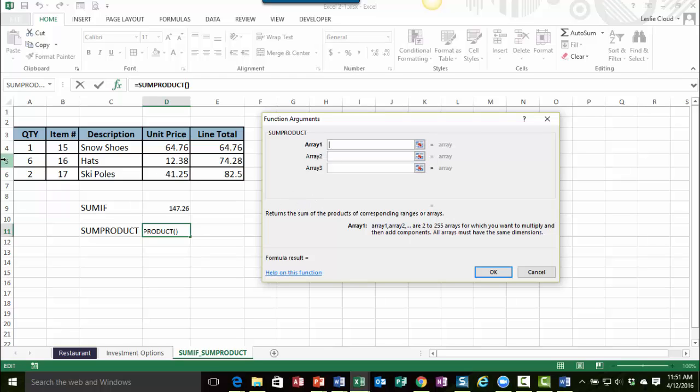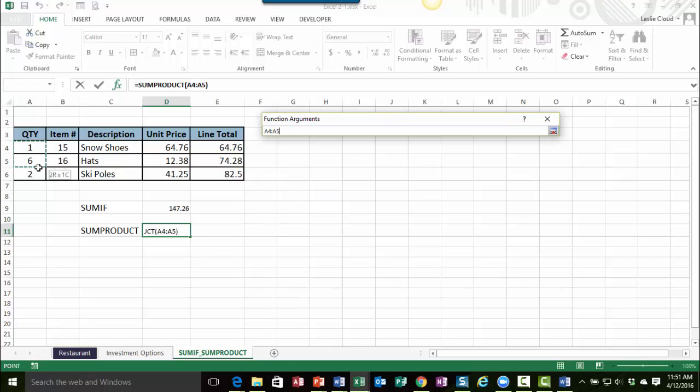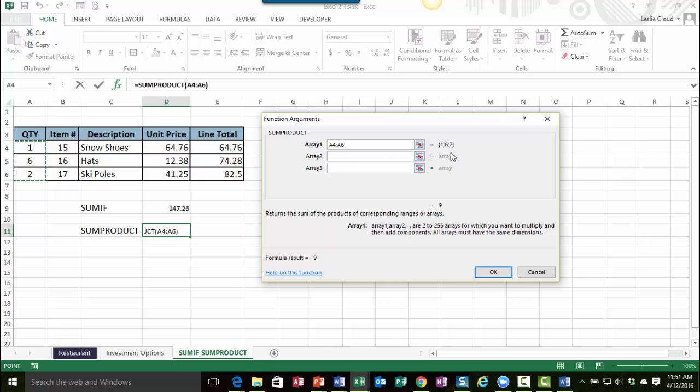So the first thing we want to do is go ahead and highlight A4 through A6. And you can see it tells us what is included in our range that we selected. So we're taking that. And then if I go down to array number 2, I'm going to include E4 through E6. Now when you're doing these functions, the SUMIF also, you do want to make sure that you have the same number of cells in your first array and your second array. Okay, so now basically, and I can see here,